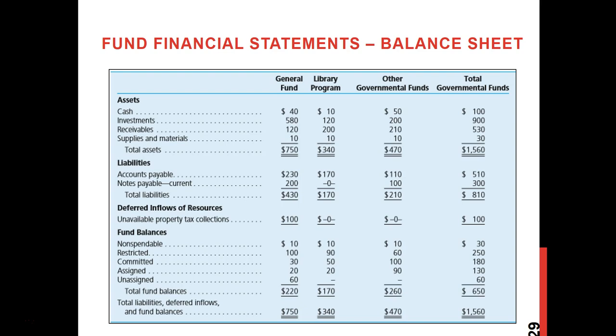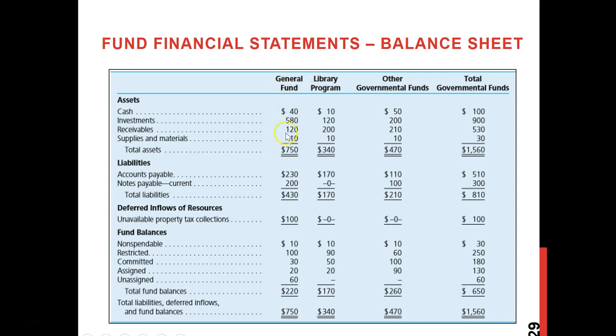So now we will see one example, and this example shows only two fund financial statements, and it groups all the other fund financial statements together. So they will prepare these balance sheets. Again, the idea is the same: assets and liabilities, but at the end, the net amount they call fund balances. And those are related to different types of specific funds.